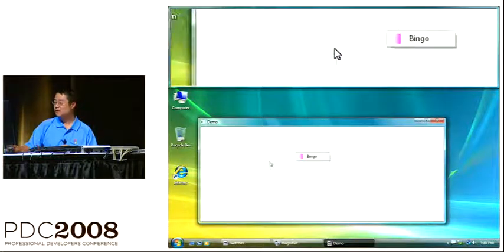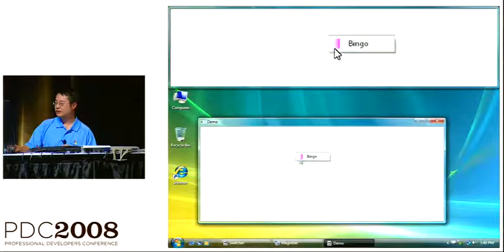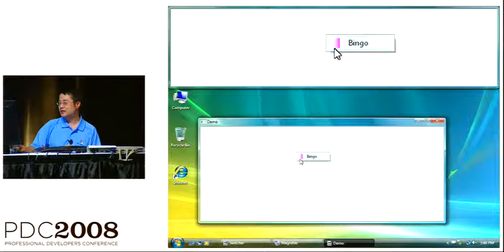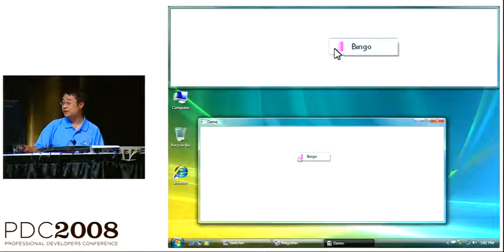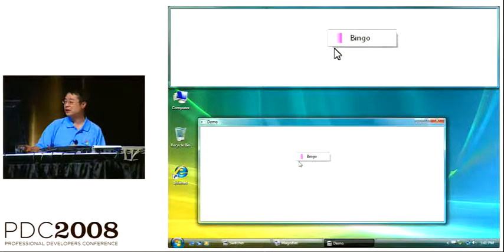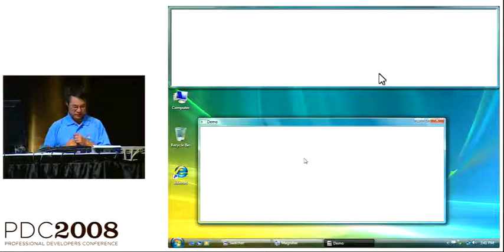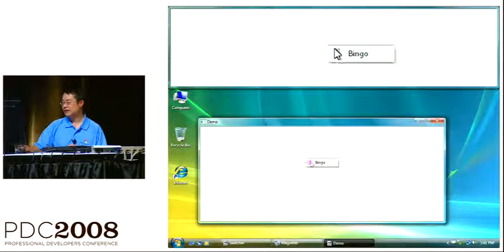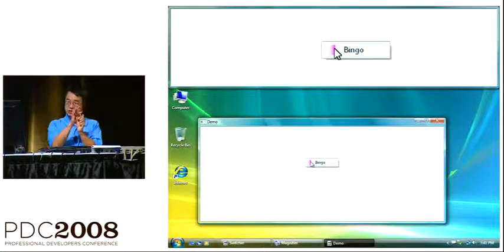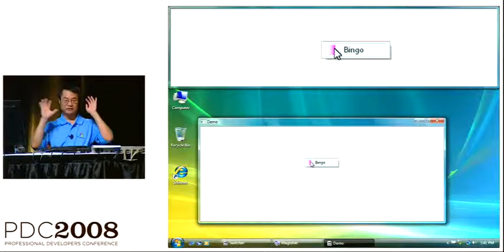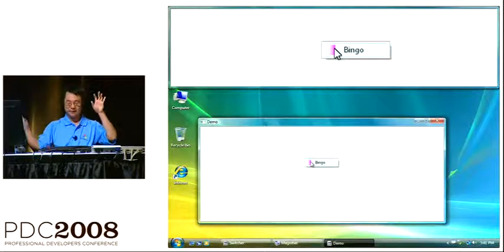So now, when I right-click, we have a nice little alpha-blended pink gradient. And it really is alpha-blended because you see that the transparent part here fades out to blue. And when I move off it, it fades out to gray. So we really are getting nice pictures, alpha-blended, so you don't have to do all this crazy owner draw menu